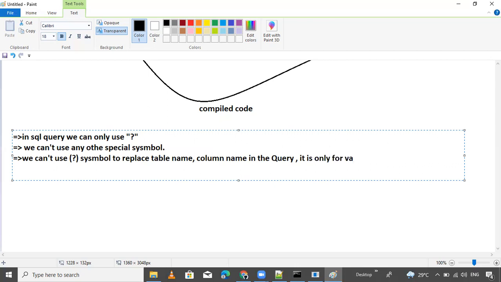It is only for values, not for anything other than that.